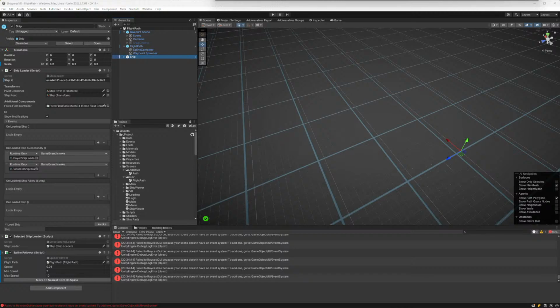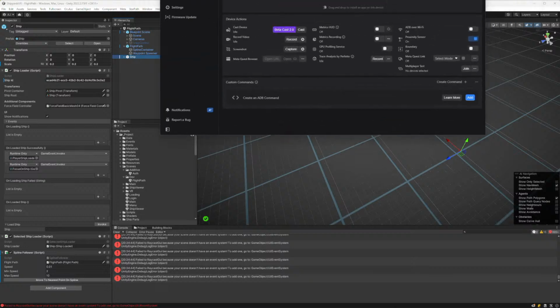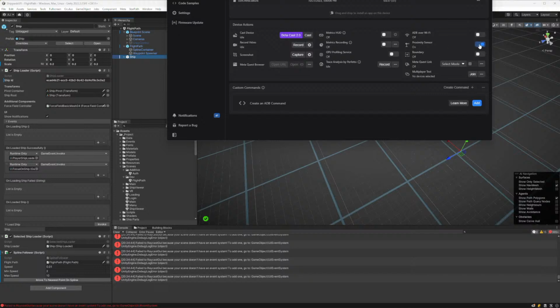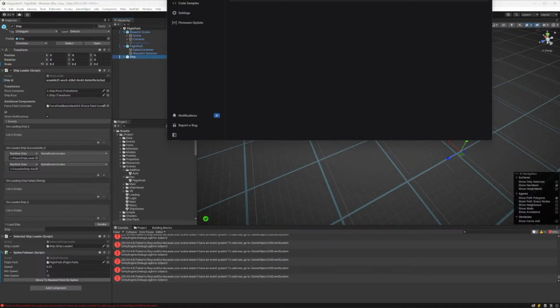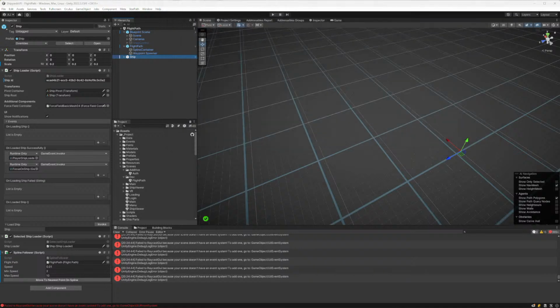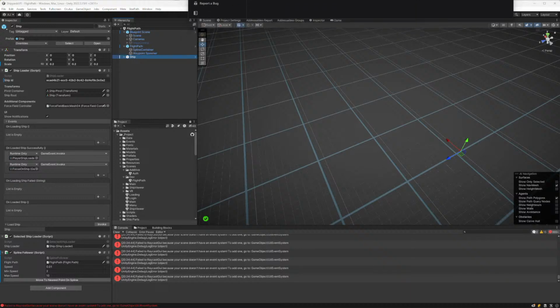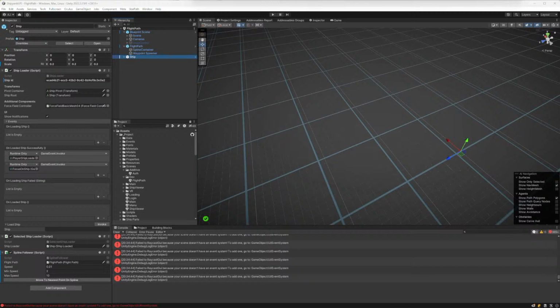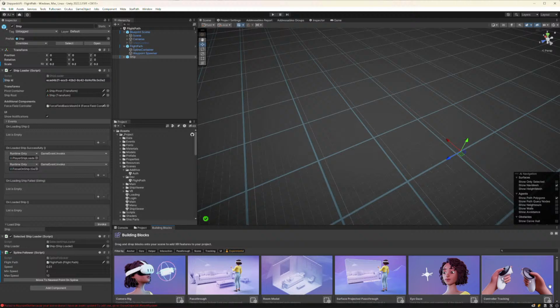All right. And nothing. So essentially what I'm doing in here is I'm turning off the proximity sensor and I've got the boundary off already. So I do that. I hit double state on. And I should be able to go into Quest Link. But before we do that, we're going to check out a relatively new feature called building blocks